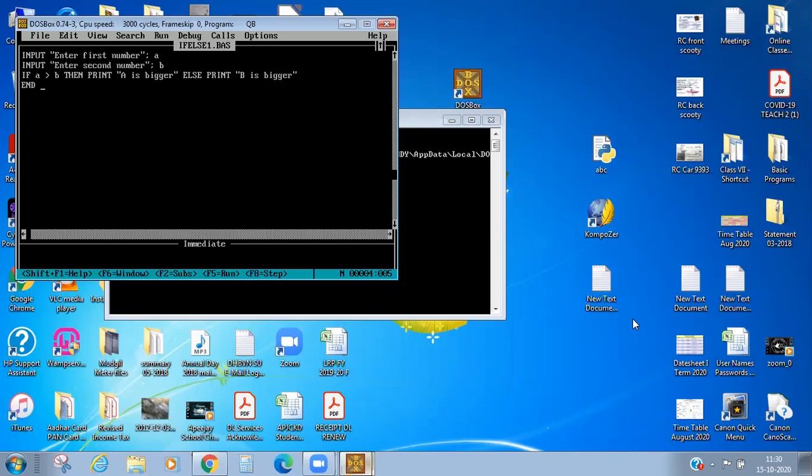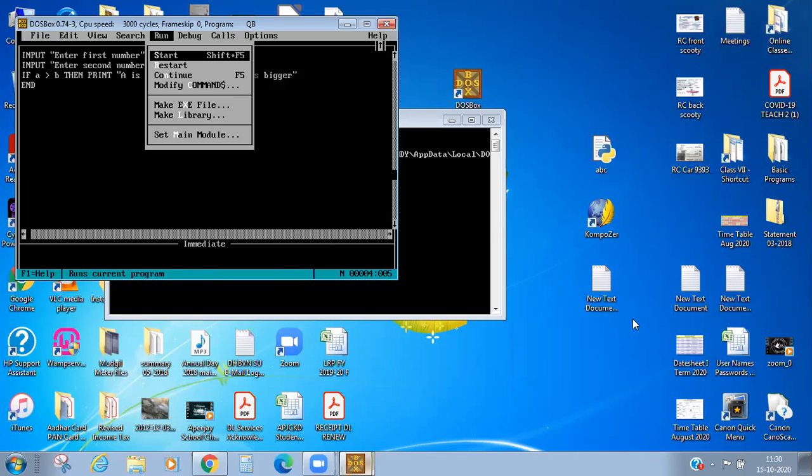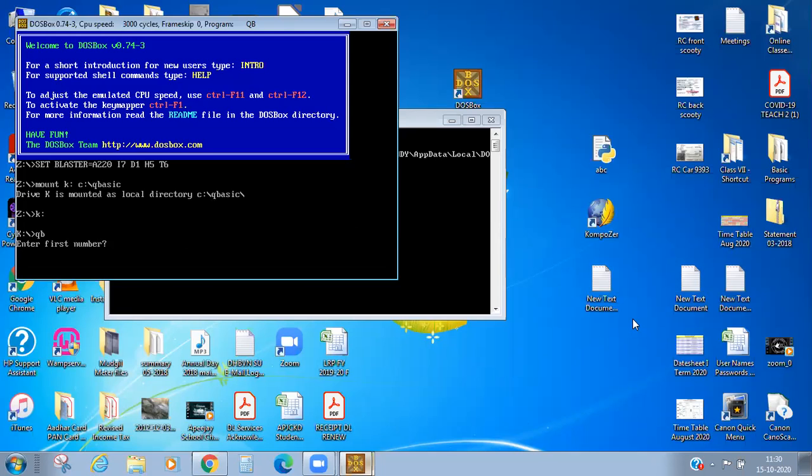Now to run this program, click on the Run menu. I am clicking on the Run menu and then click on the Start button. So I have chosen the Start button and the program is executed. Now you can see here,